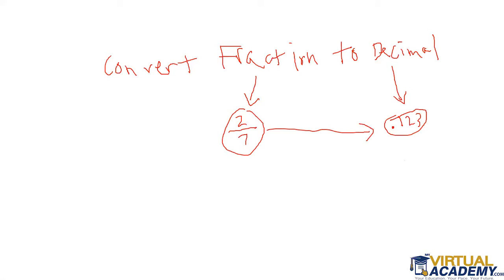Okay? So, alrighty. Now, 0.123 is not the decimal form for 2/7. I'm just illustrating what we're going from, fraction form to decimal form, okay? All right, so